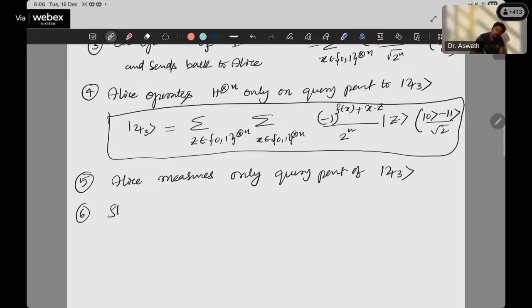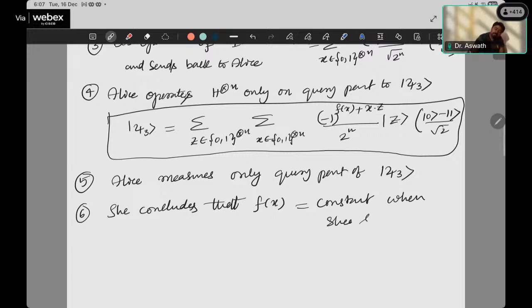Okay, she concludes that the function is constant when she sees z is all zeros. Okay, she concludes f of x is balanced when